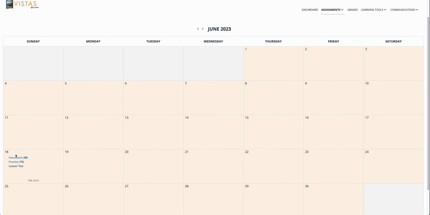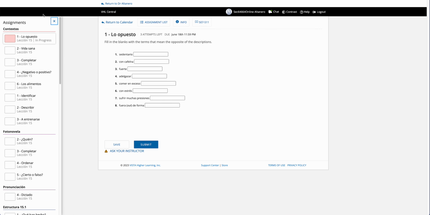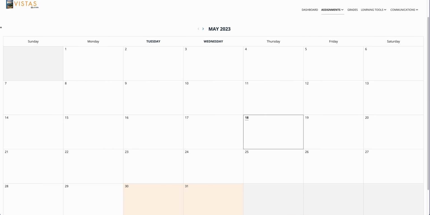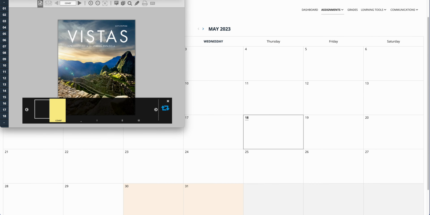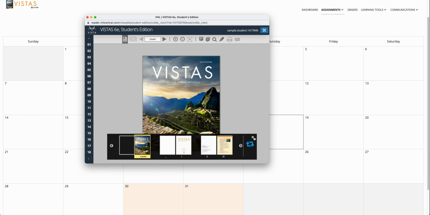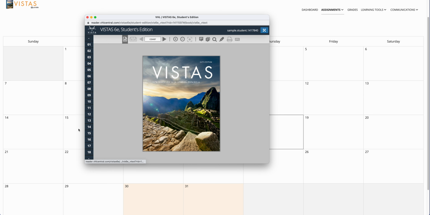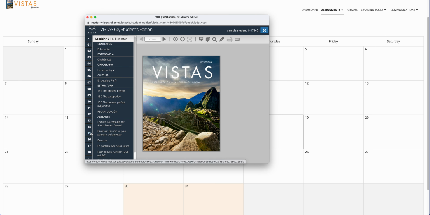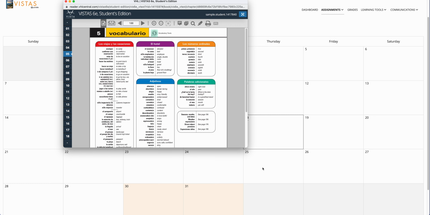you want to go to the homework, and you can see here there's a big long list of homework, and that is not in the book, okay? It's based on the book, okay? So how do you prepare? Let's go over here to Learning Tools and go to the vText. Move it down, okay? Most of you probably know this. I get rid of this black bar because it's a pain in the rump. And you're going to start with either 6, or if you're in Spanish 4, you're going to start with 15. Click on your chapter. Let's just start with 6 here, okay? And read. I like one at a time, and I like it bigger.